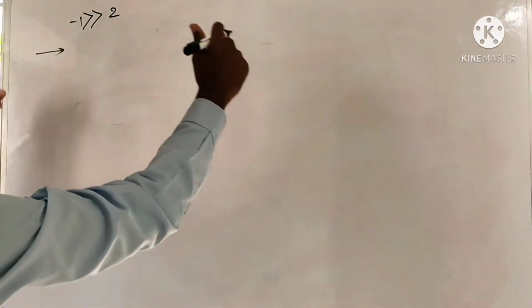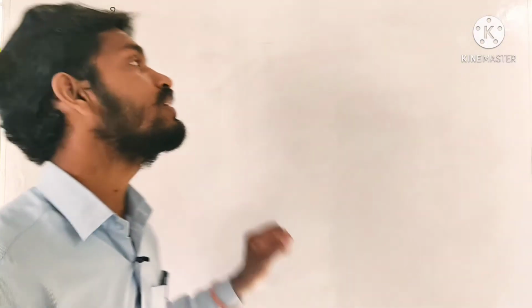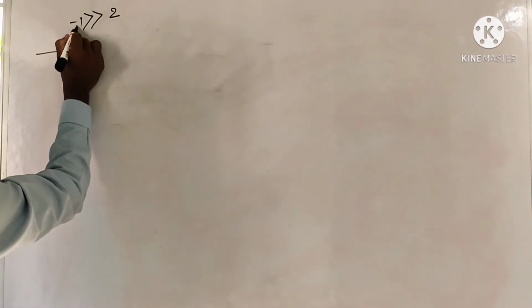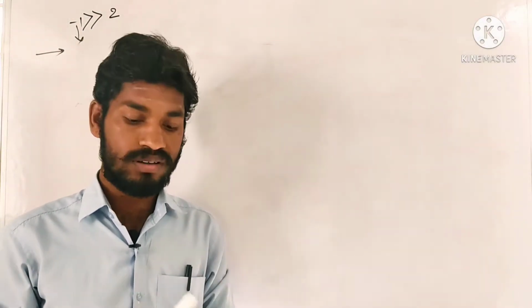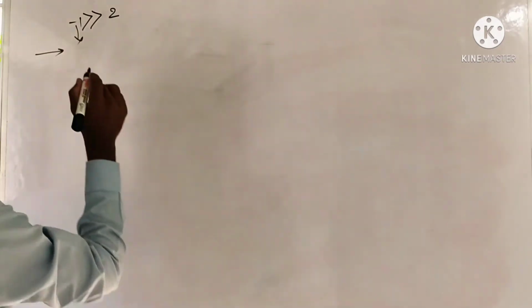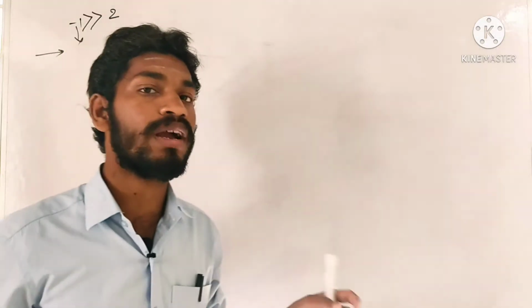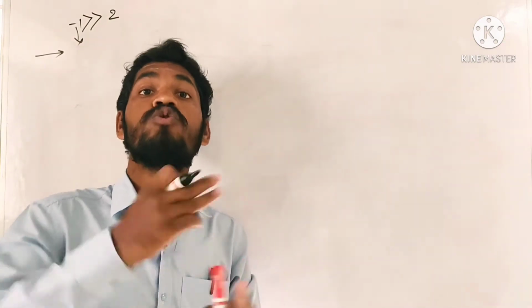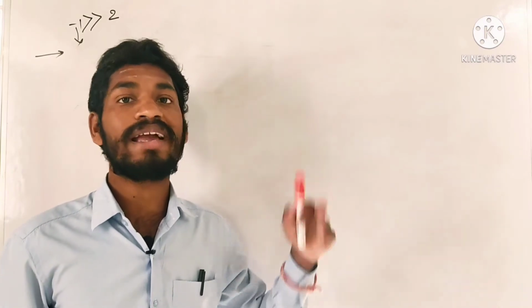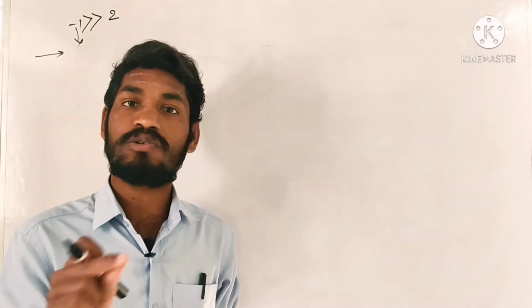While solving right shifting operations, first you have to take the binary representation of the given number. First we have to find the binary equivalent of minus 1, and everyone knows that to find it, first we take the binary equivalent of 1, then take the 2's complement of that 1, and we get the binary equivalent of minus 1.